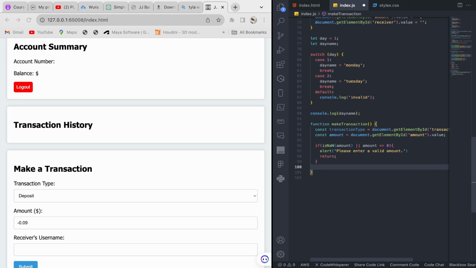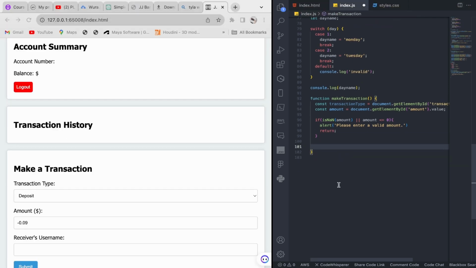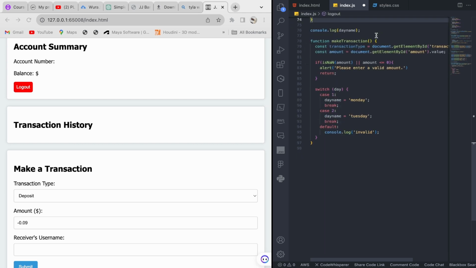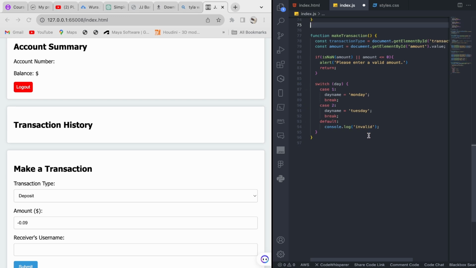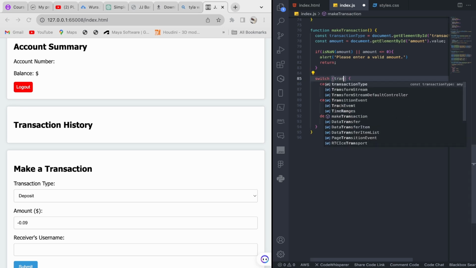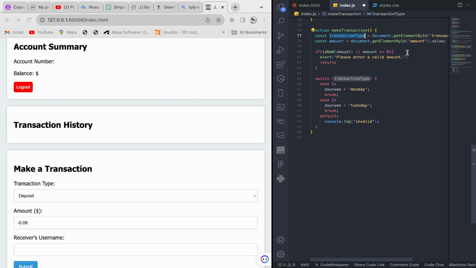Okay, so now we need to go on with our switch statement. So I'm just going to get this switch statement in here, and I'm going to edit it. Okay, I'm going to take it off here. So I'm going to edit this one. Now we need to put in our switch statement, not the day this time, but the transaction type, which is this above. So if it is a deposit, withdrawal, or transfer, whatever we get from the select menu,